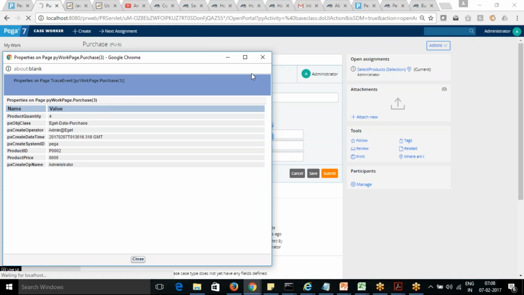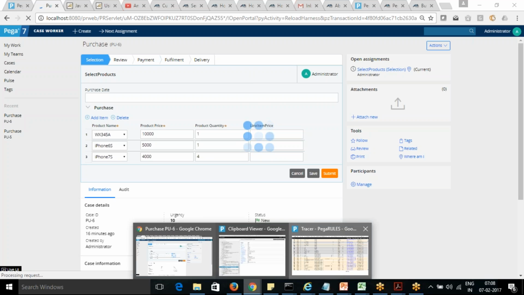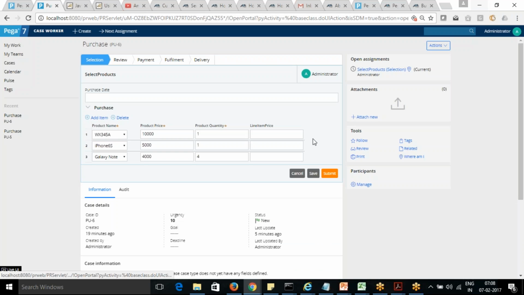I think Mukesh, that refresh option we have to give after role selection, right? No, maybe it will work with that also. Just give me a moment. The tracer should be stopped, because it takes a lot of time in refreshing. That's fine. Let's see, I'm selecting any one, Galaxy Star, and moving it. No, the price is not getting reflected. We'll see this one tomorrow.